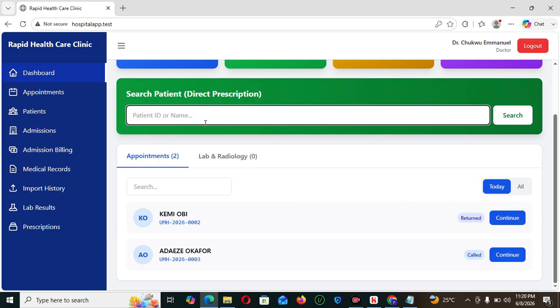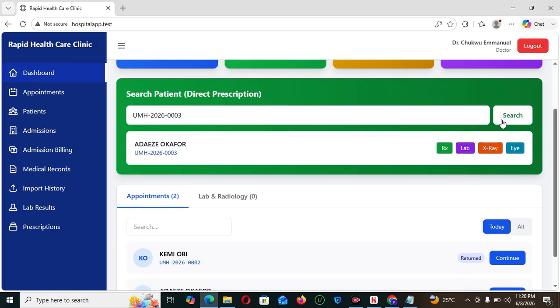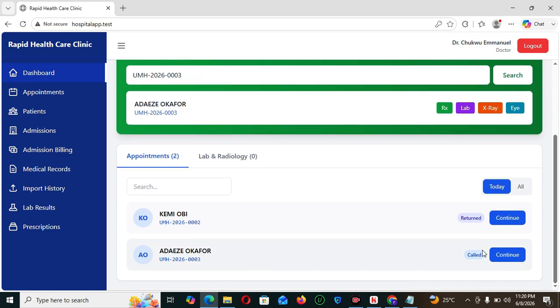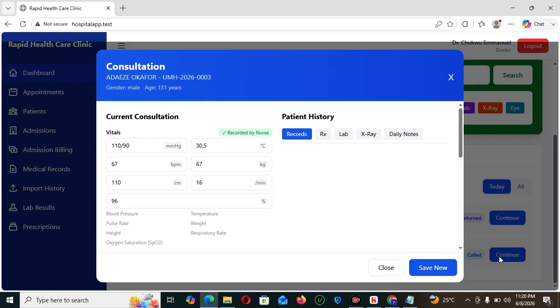Dr. Chukwu Emmanuel can also type the ID here. So once he comes, it's okay. Let me see your ID. All right. Look at this, Okafor. So we can continue with the consultation here. You can see now, Dr. Chukwu can see all the vital signs already recorded by the nurse. So he doesn't need to check again. Just look at it, and then what the doctor now does is